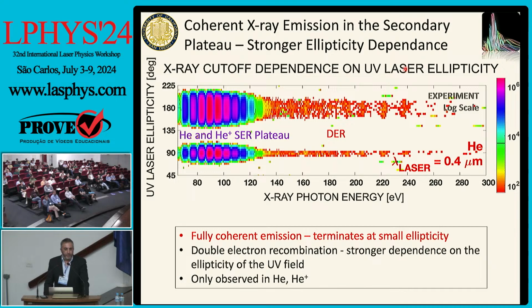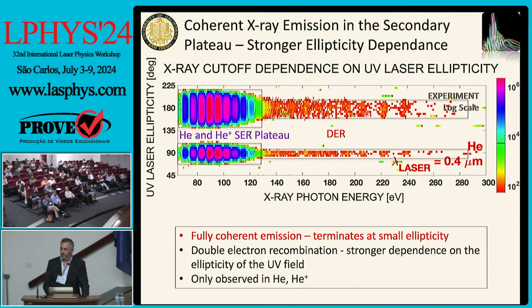Whenever we have such rescattering physics or such boomerang trajectories, we always want to convince ourselves that we have coherent emission, and that it is due to the rescattering physics. So typically, instead of using driving lasers with linear polarization, we change the ellipticity towards circular, and high harmonic emission should terminate. On the vertical scale over here, you can think of this as the ellipticity of the driving field. So within the conventional cutoff, the harmonics disappear as expected, and in fact, the secondary plateau that I'm illustrating